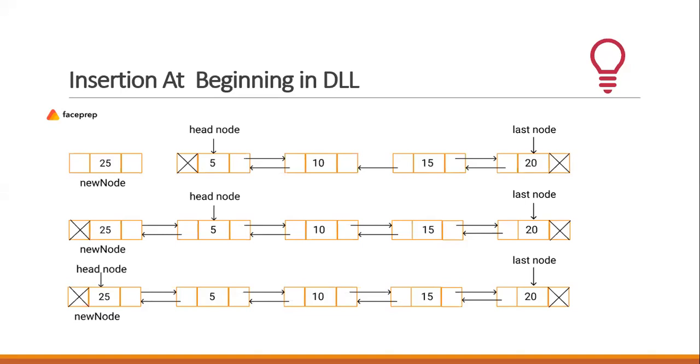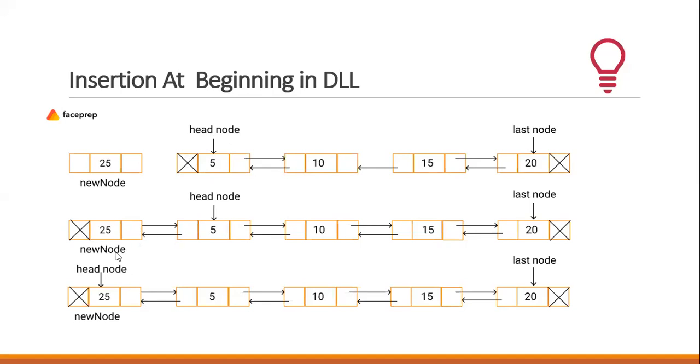So now when we see the next diagram, what we see is that the previous of the head is now connected to the next of the new node, right? That is one thing we see. And also the next of this new node is actually connected to the begin node, right? Which means that the null which was there in the begin node has now been lost. Instead, there is an address which has come over here, and the connectivity is achieved.